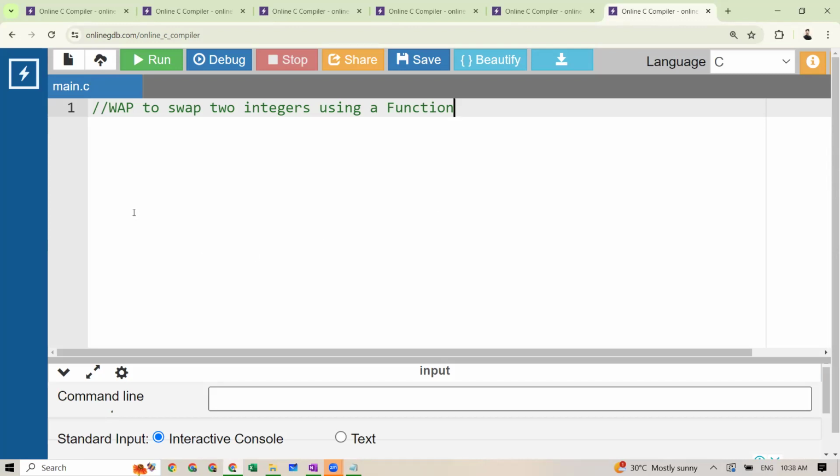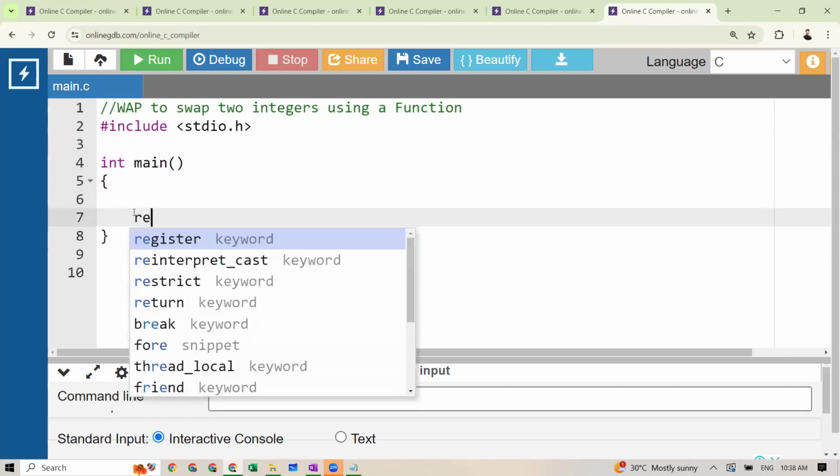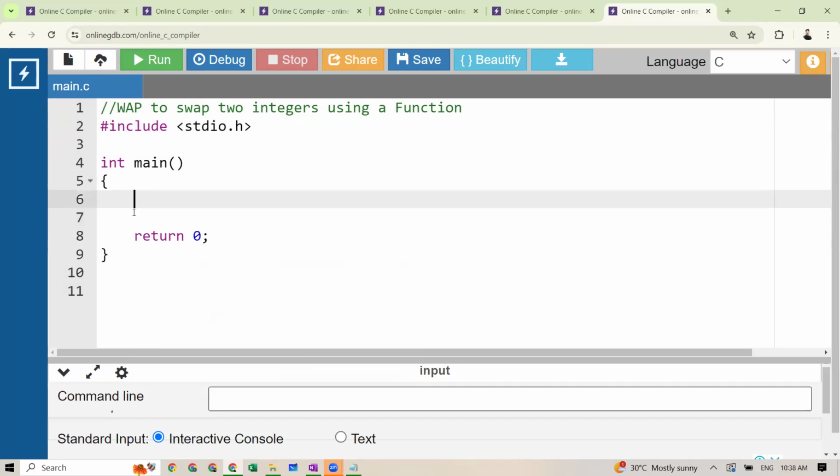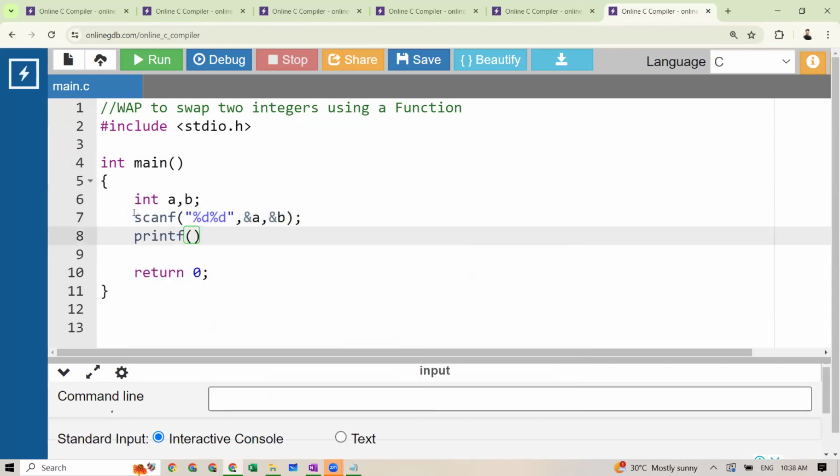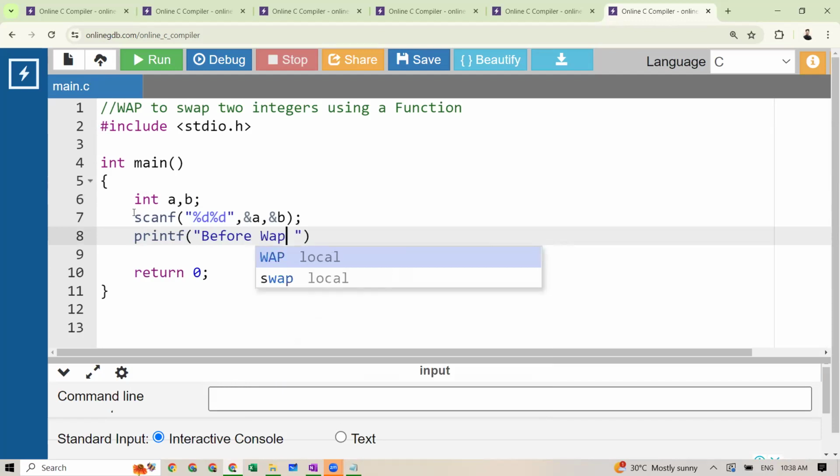Chalo, let's write this code and try to understand. Again, we start with #include <stdio.h>, int main, return 0. Someone tell me, text me, what does it do? Let's take two variables, a, b, and then read those values, &a, &b. And I'm going to give a print statement. Print statement says before